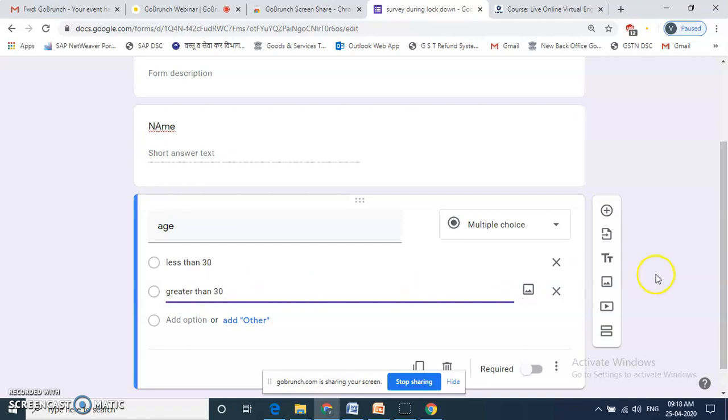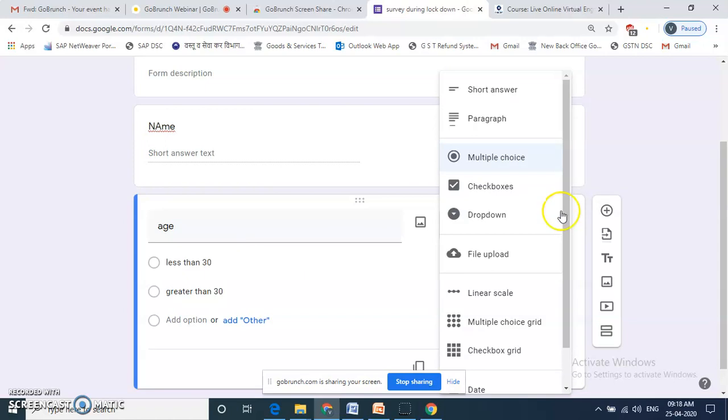In that case, the respondent will choose one of the two options. Likewise, there are many options for the questions. In multiple choice questions, the respondent can choose only one option out of the multiple options.